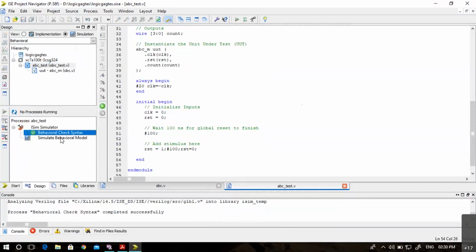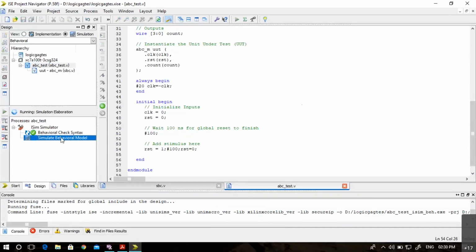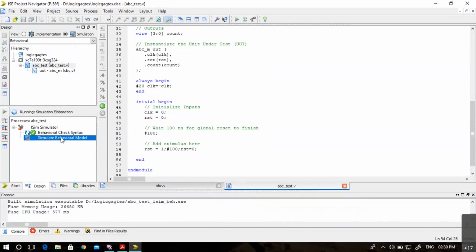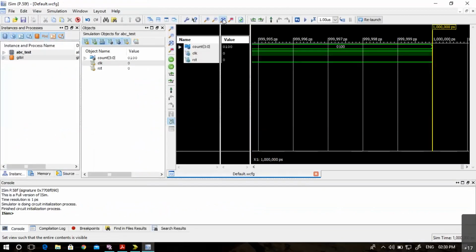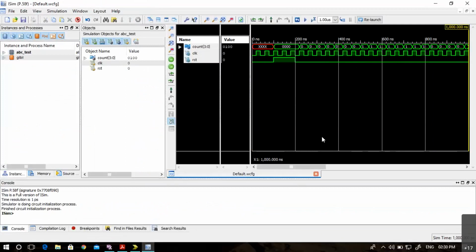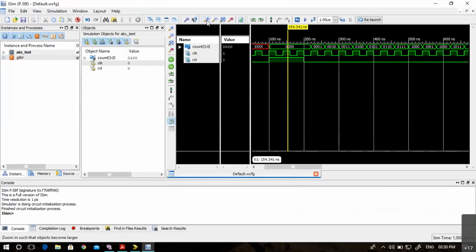So let me simulate the behavioral model. So now you can see, let me zoom in to show you the output.